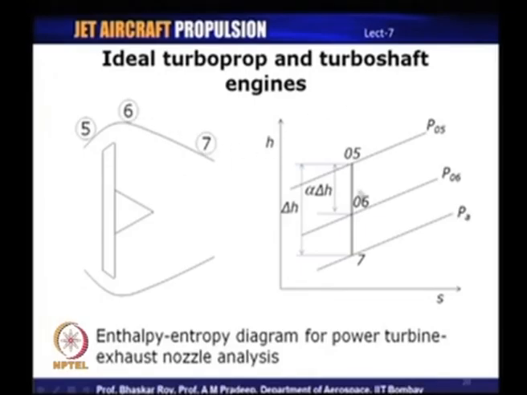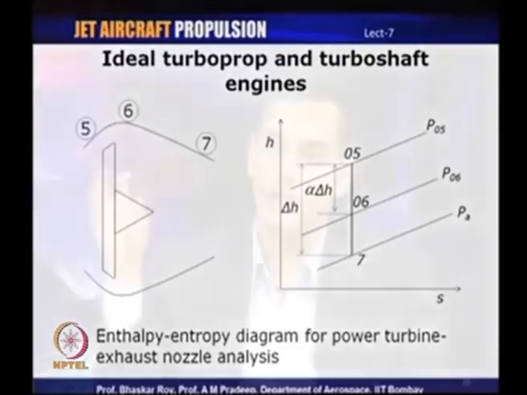In the case of turbo shaft, of course, points 6 and 7 are the same, and therefore the expansion is entirely between 5 and 6, which is what it would be in a turbo shaft engine. That is one of the differences between the turboprop and the turbo shaft: in turboprops it is also possible to have a certain amount of thrust, a certain expansion which continues after the free turbine in the nozzle. So, a certain amount of thrust is still developed by the nozzle,